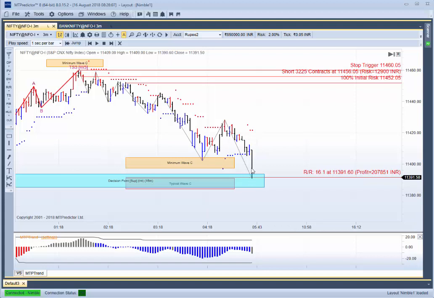As it started to come down to this level, you can see you're actually sitting on about 16R profit. So the profit was 16 times greater than the initial risk. Now this is an absolutely massive profit, and the kind of profit you want to protect. So what you could have done, and one strategy we do suggest, is as you're approaching towards the end of